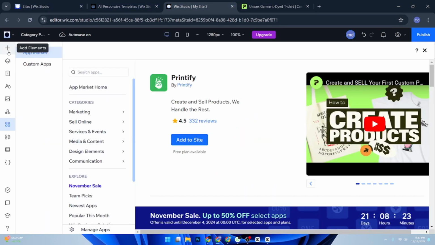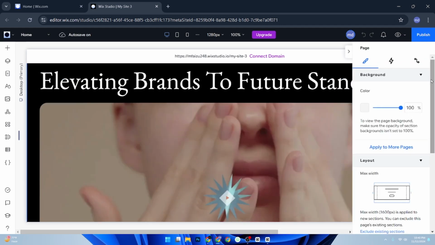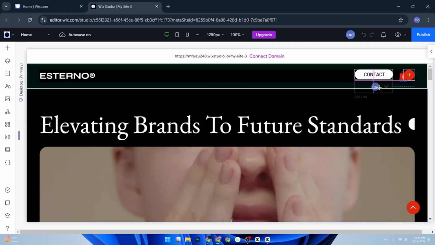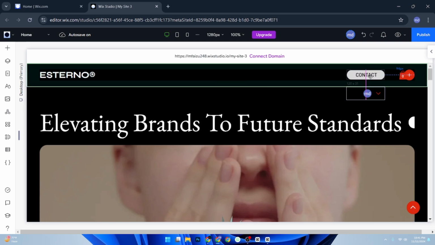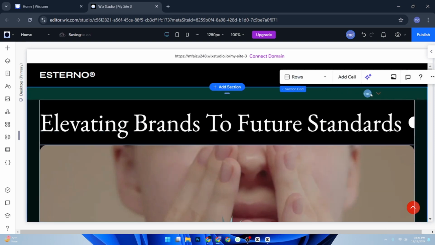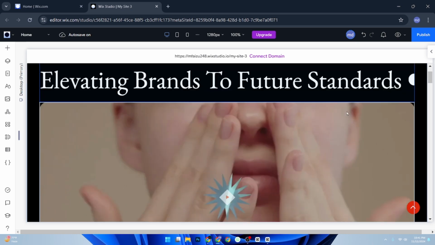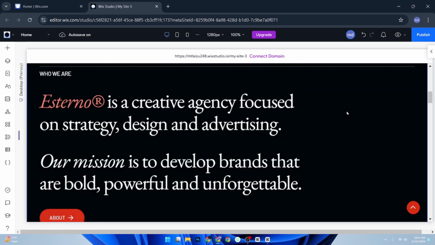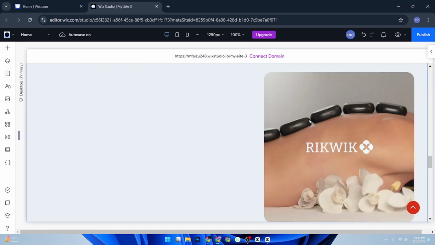Go back to the Wix editor where you can customize every part of your site. Let's start with a homepage. This is where you will make a first impression on customers. Consider adding sections for featured products or a banner with a call to action like a seasonal sale. Keep the design simple to help the products stand out and make sure your font and color